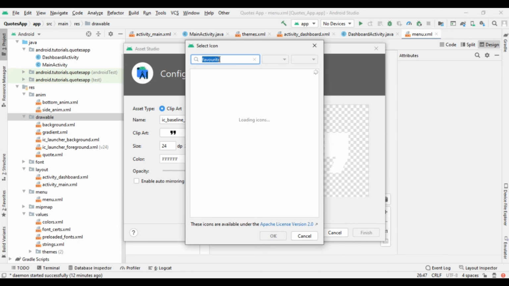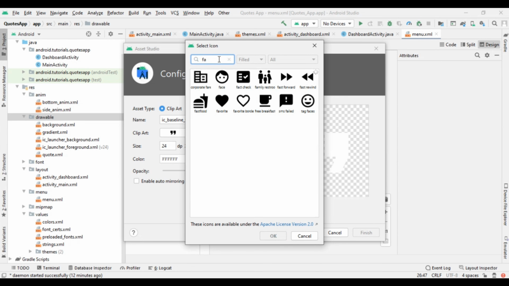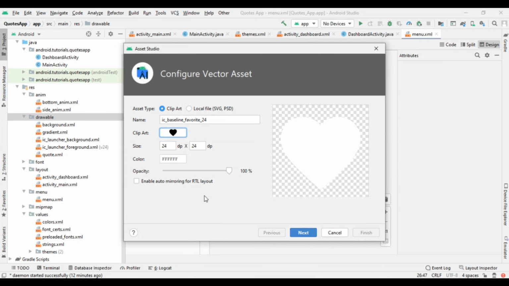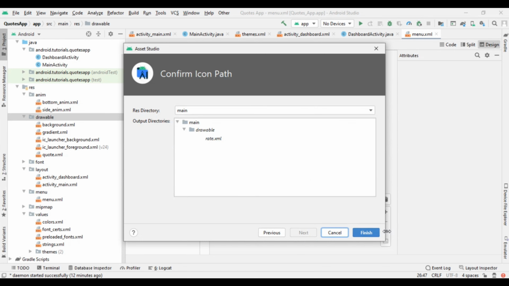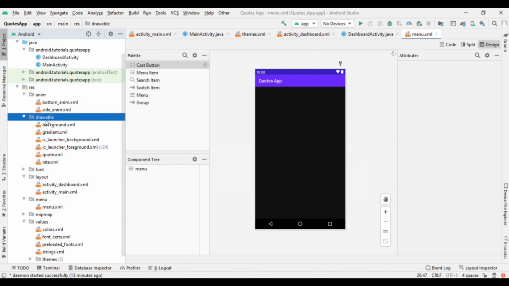So this may take some time, it depends on your internet connectivity. So favorite, then OK, color is white, and instead of this ID give it a custom ID. Next and finish. We got our rate button.